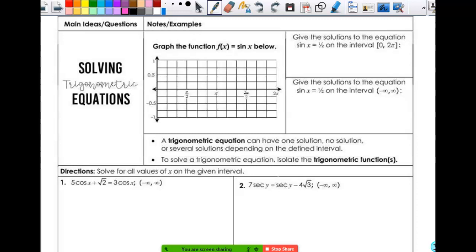All right, so let's start. It says graph the function f of x equals sine x below. All right, so I know that at 0, sine is 0. I know at pi, sine is 0. And I know at 2 pi, sine is 0. I know at pi halves, sine is 1. And I know at 3 pi halves, sine is negative 1. And that's good enough for me to be able to sketch